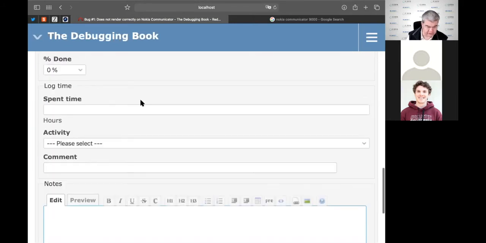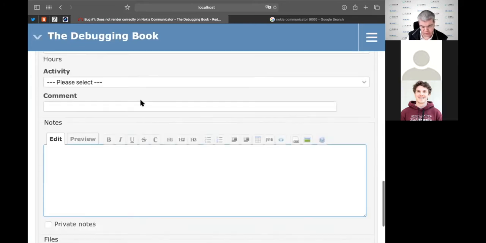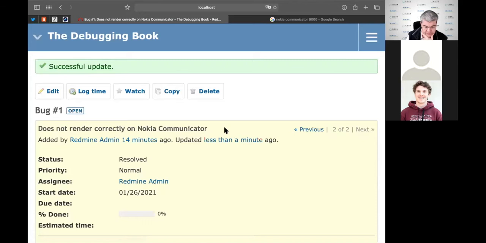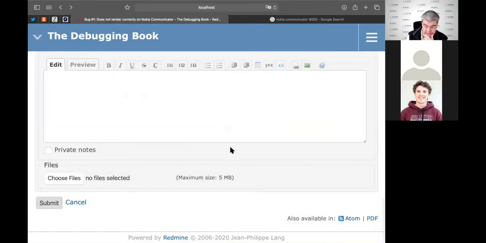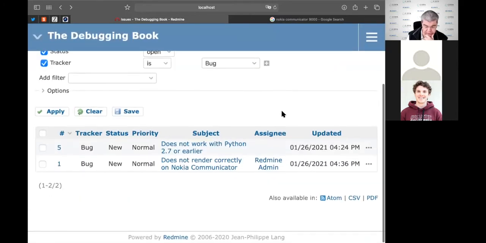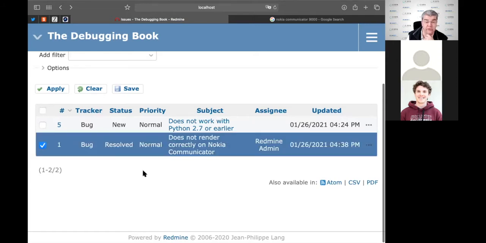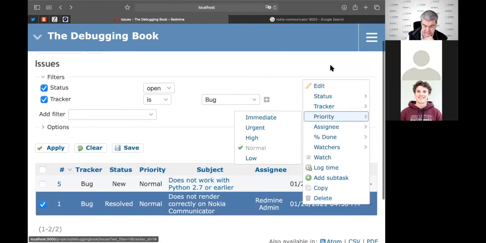I can say that I made this work only under specific circumstances, or only in an emulation of the Nokia communicator, or likewise. Then I press submit, and it's updated in here. Even more important, I can give the bug a resolution. So if we go in here, let me just reload this page such that the status is now shown here as resolved. I can go and assign the bug a